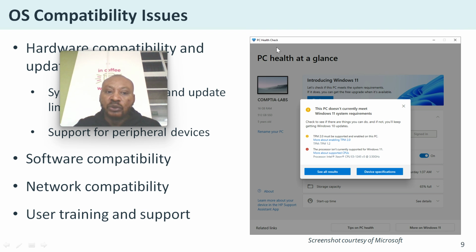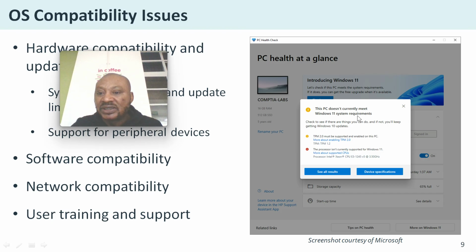We explained this in our previous lesson, how you can navigate and check. So you go to your desktop, go to your start menu, and just type PC Health at a glance, then go to PC Health Check. Without going to Microsoft, it will look at the system and see if the system is compatible with the OS you want to install. It looks at the hardware and tells you,